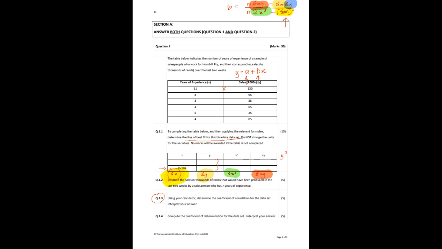N is looking at your sample size, so how many values were given to you in total. So remember they said to you that this was